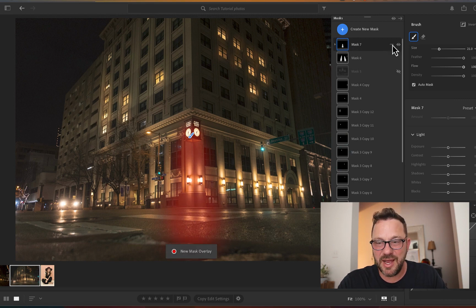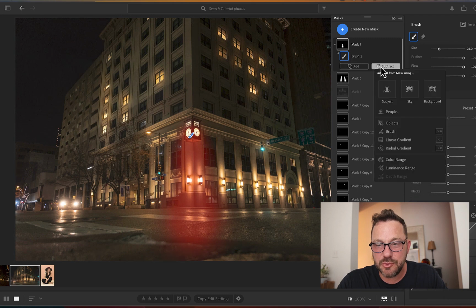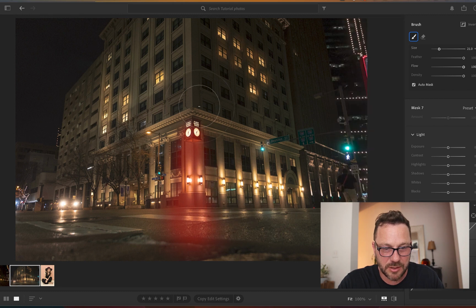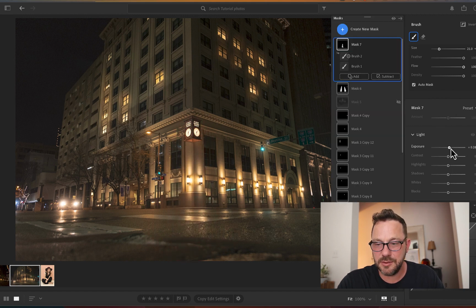If you want to refine that, if you don't like the shape completely, you can hit subtract. This is when you subtract from the brush. So when I paint into the side of it here, I can soften the edges a little bit. Boom. And now, let's turn on that light beam. Okay, now,